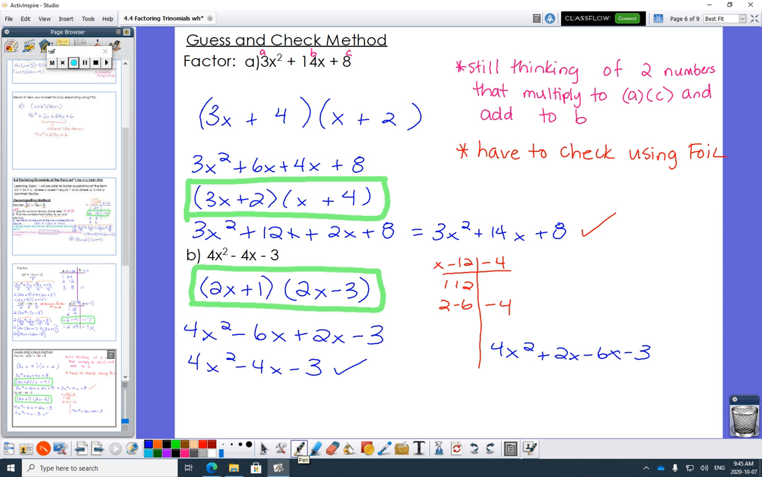But it's tough, right? Like this is easy here to do 3x and x because there's only 1 and 3 here, but we had to switch the numbers. So guess and check is tough. And here's the extra tough guess and check because, oh wait,